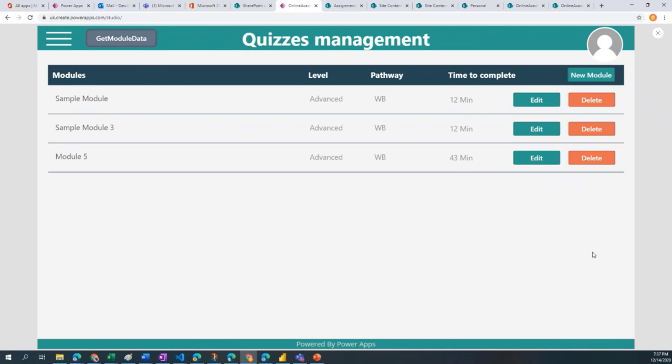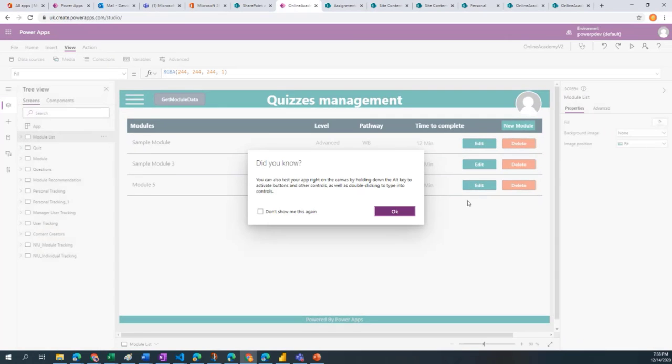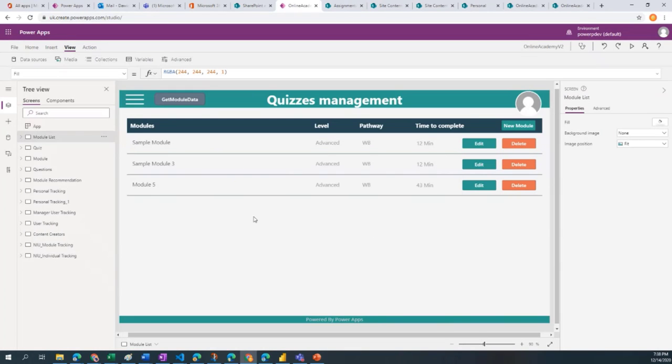Then we have another question here. How did you get the pages to show the specific Power App screens within SharePoint? Okay, so we can start here. And just by way of introduction, this is the quiz management. Because initially the application was disconnected from the SharePoint pages, some of the details are repeated, and I'm working to connect that so the content creators don't repeat the information. But answering the question,